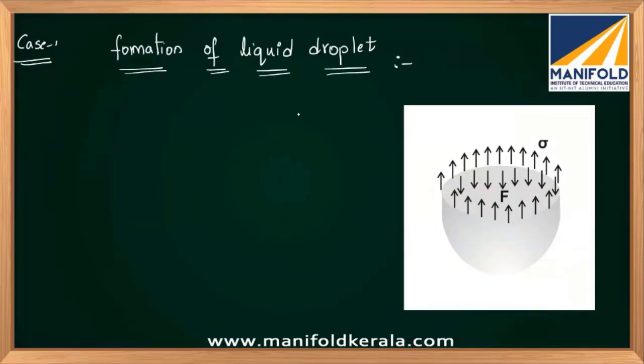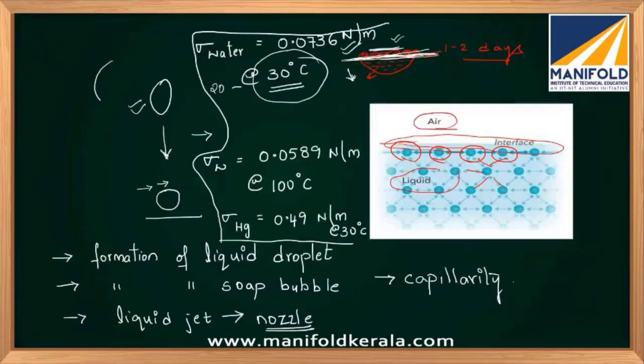See what happens in case of a water bubble. This is a water bubble. Most of the times, a water bubble looks spherical due to surface tension. What I told you, surface tension is nothing but a tensile pull force. This is the surface tension force, always acting at the circumference, right? Surface tension force is denoted as sigma. Sigma is equal to F by L.